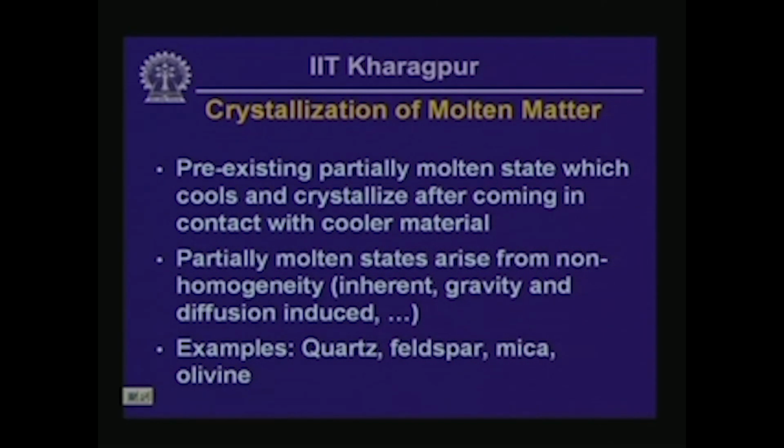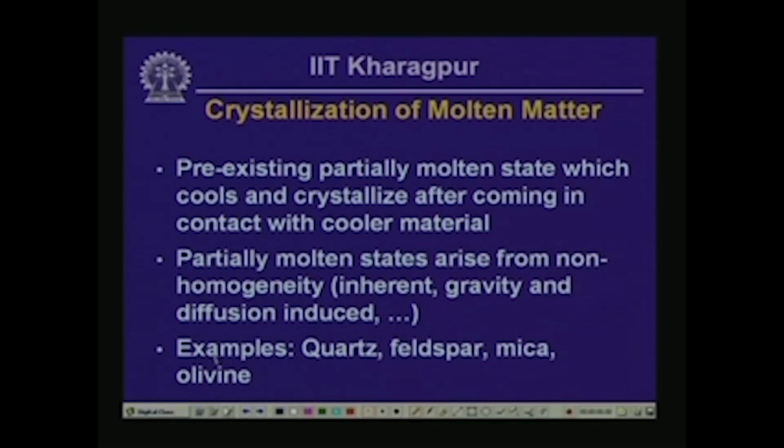Now, examples of rock that originate from crystallization of molten matter include quartz, feldspar, mica, and olivine. Now, before I leave this topic, let me explain the main point here is the process that we indicated in the first point, that is how partially molten magma actually cools. Okay. Now, let us consider